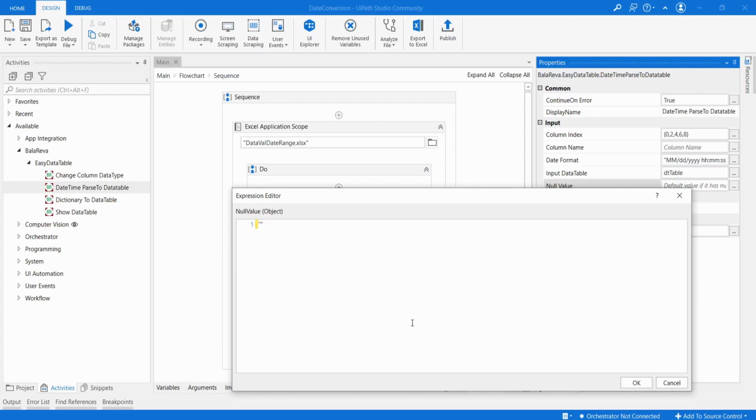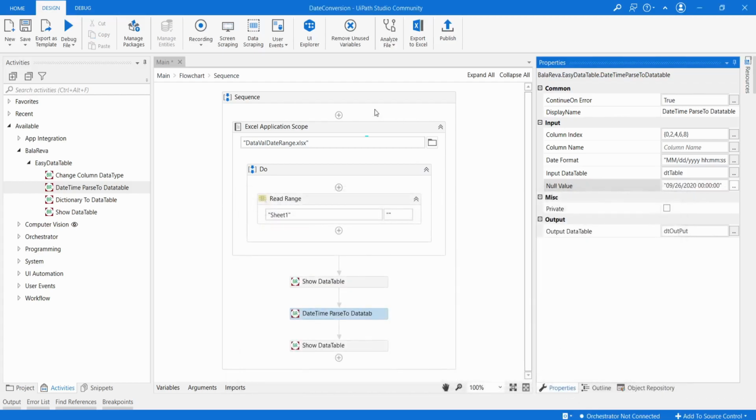For example, I am going to give 09/26/2020 00:00:00. So you have to give the same format. What is the format you have mentioned in the date format property? The same format you have to give here.